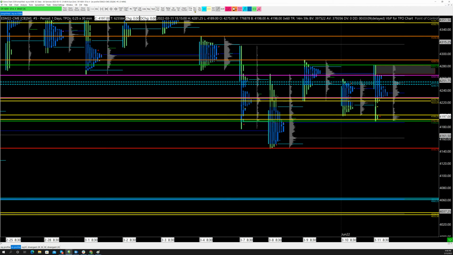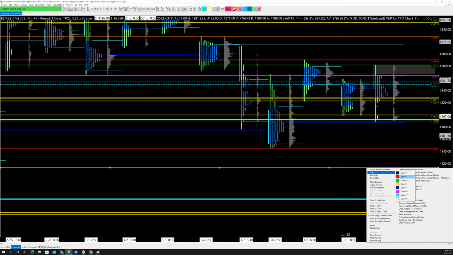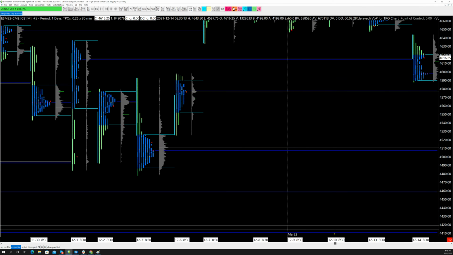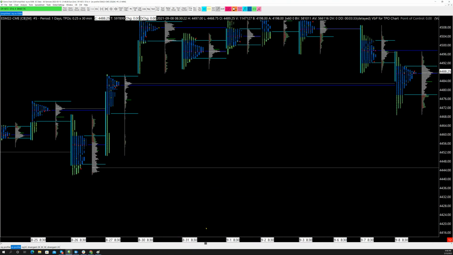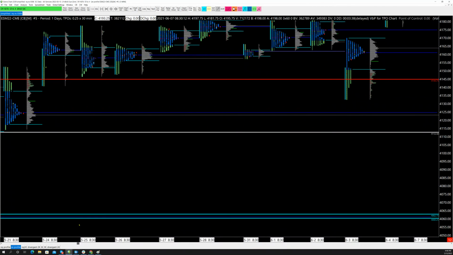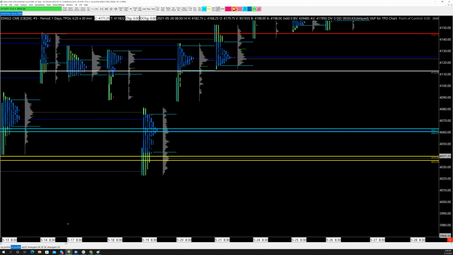And now I'm going to go look back in the middle here and see what was here that we haven't tested. So I'm just going to make this line white, since I don't have a white zone on there, and go back and look at what was to the left underneath that 4144. Back a little ways. So here we are back in, still not below. There we go. So that's what I was looking for. So now I see back on 519, I had the top of an open window, which is also prior day's low,